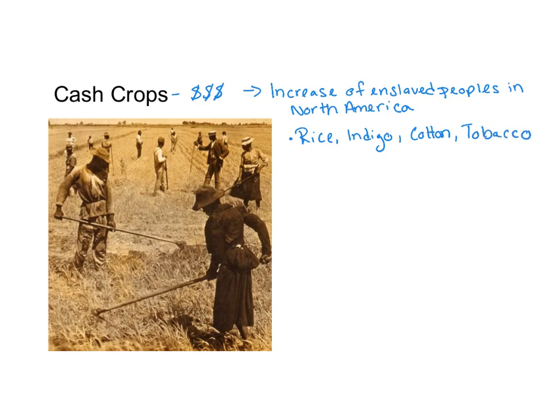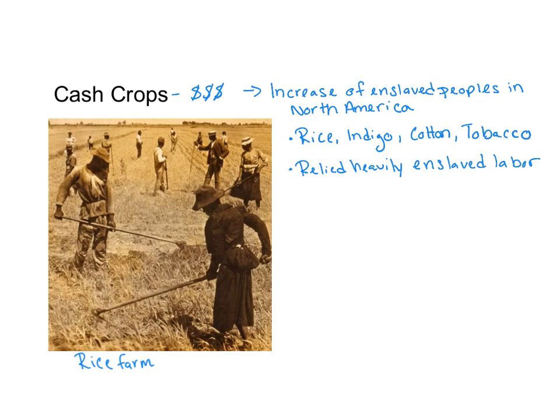Something interesting to note here, off to the left, this is an actual picture. And I'm sorry, I don't know where my citation is. My apologies for that. But this is a picture of a rice farm. And this rice farm was actually, because it's a picture, taken a little bit later. But it still shows the fact that it was very labor intensive. And like most of the cash crops, or all of the cash crops really, it relied heavily on enslaved labor,